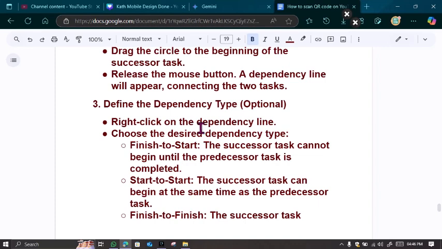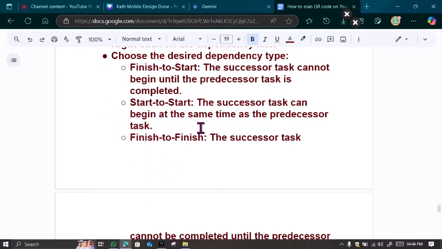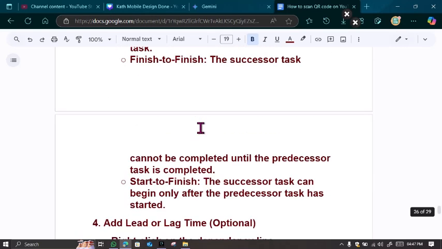If it is finish to start, it means the successor task cannot begin until the predecessor task is completed. If you're using start to start, it means the successor task can begin at the same time as the predecessor task. Then if you're choosing finish to finish, it means the successor task cannot be completed until the predecessor task is completed. The fourth one is start to finish, which means the successor task can begin only after the predecessor